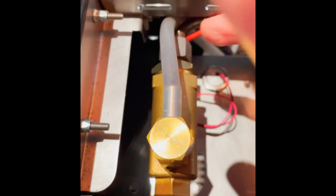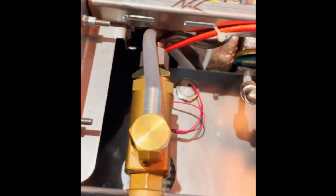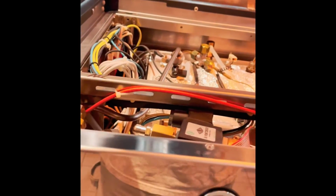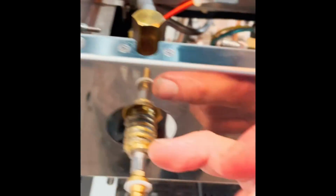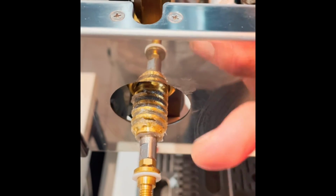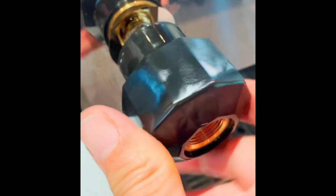We're going to have to zip tie it. We've torqued down the nut in the back for the steam tube. We've torqued the nut in the back here. So all of this is pretty tight. We can now put our Teflon or nylon washer, I'm not sure what this is, onto the shaft here. Remember, we didn't have to take this lock nut off, so I think we're in good shape in terms of its relative position. When we engage the steam valve, we are now able to take the knob, and these are